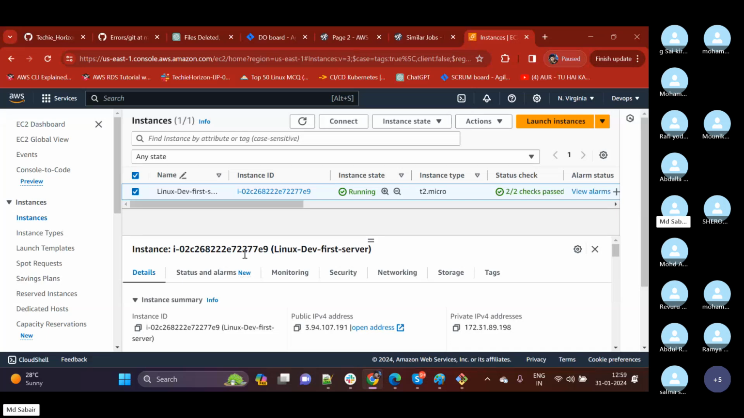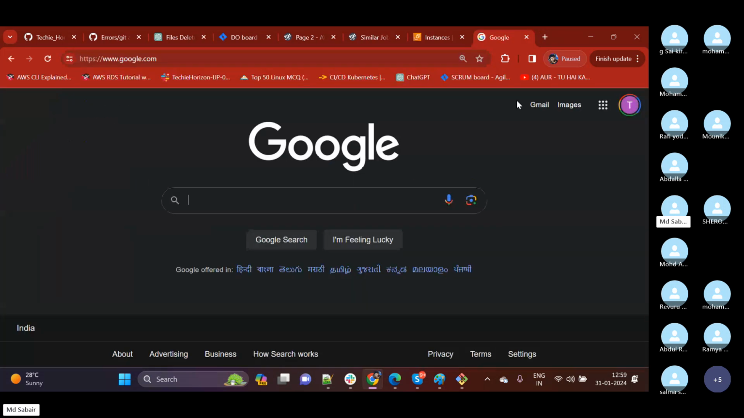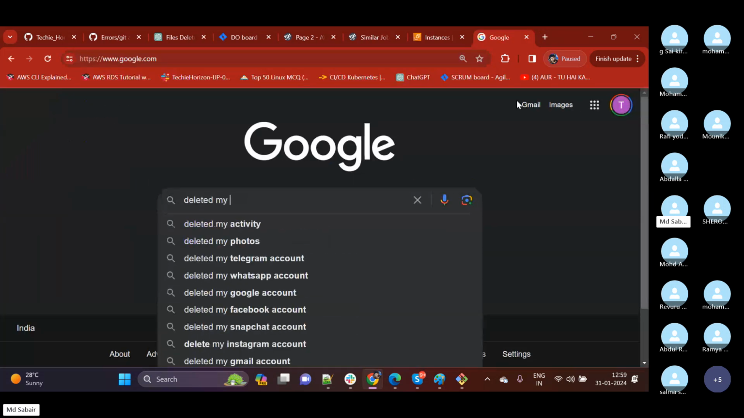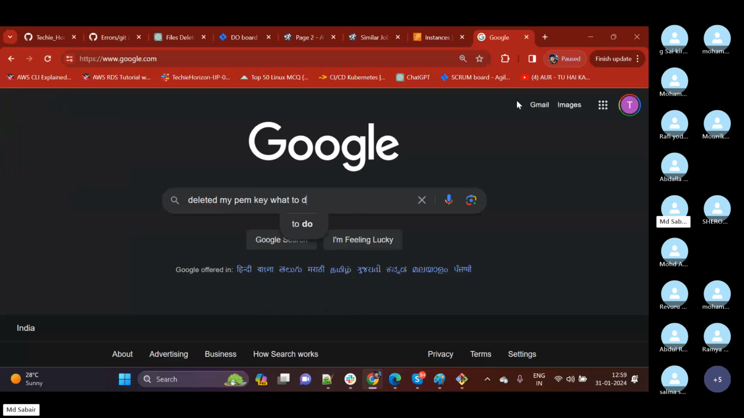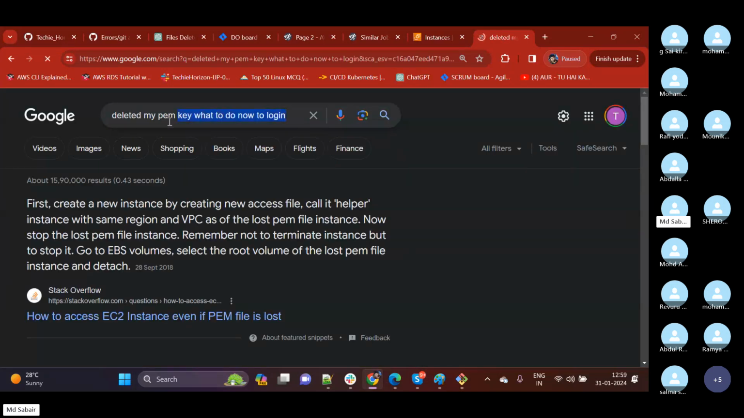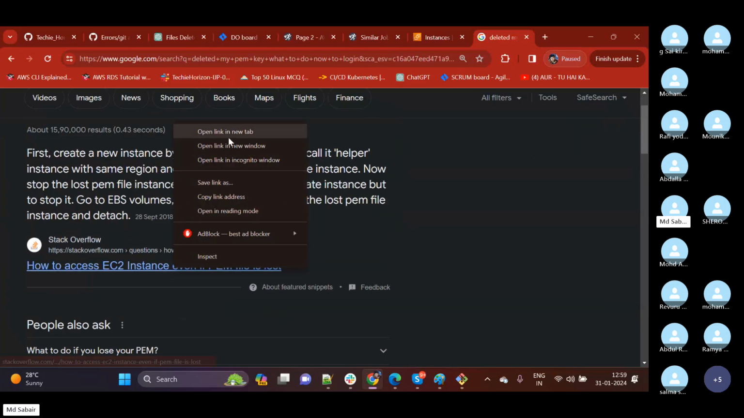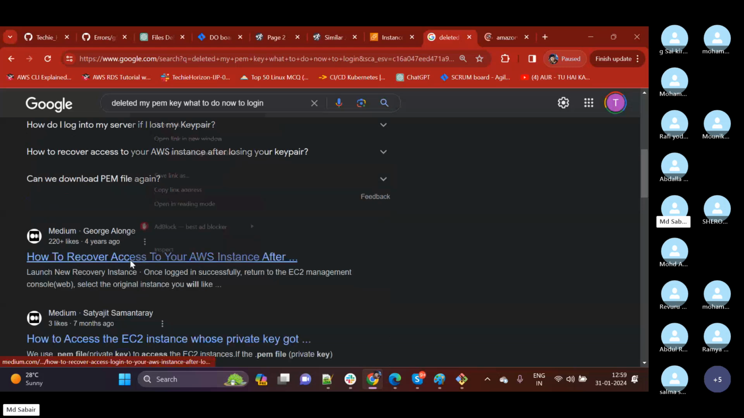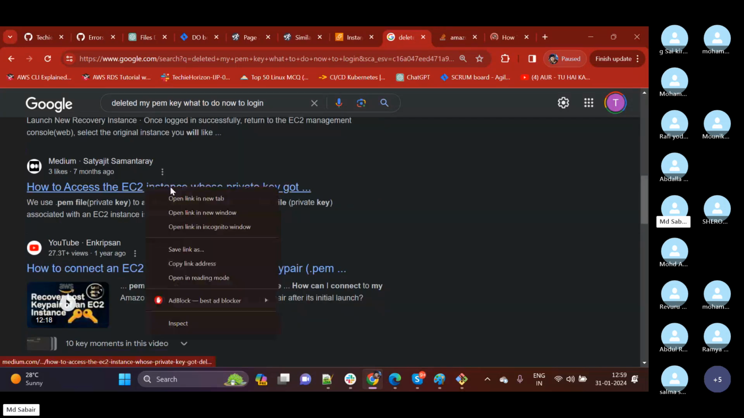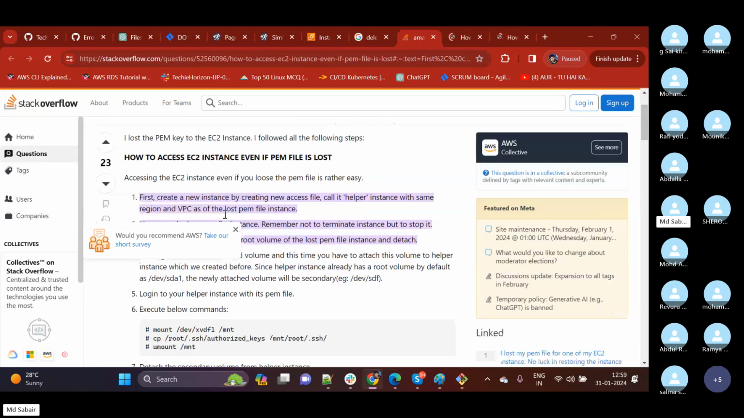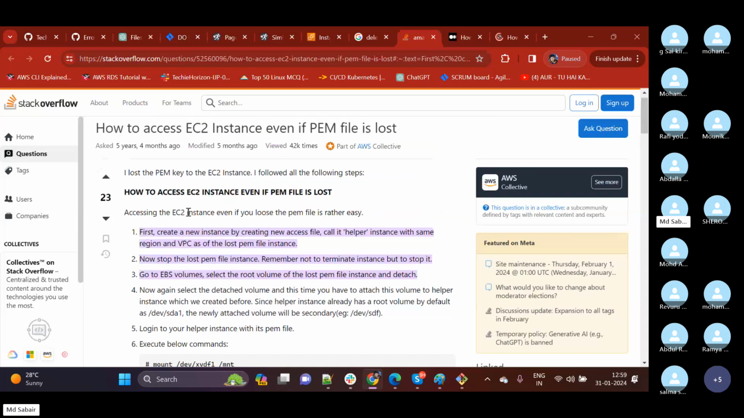So always try to refer to a couple of different documents. Whenever you try to Google it, for example, "deleted my PEM key, what to do now to log in." Whenever you are searching for any error or any help, do not just depend upon the first document. Try to read a couple of different documents. See how to recover access key, how to recover access. So try to read different documents, and also try to check at what point of time